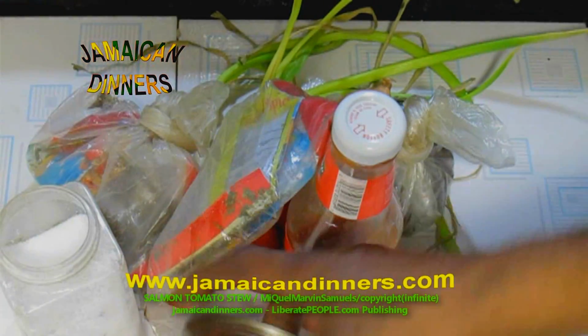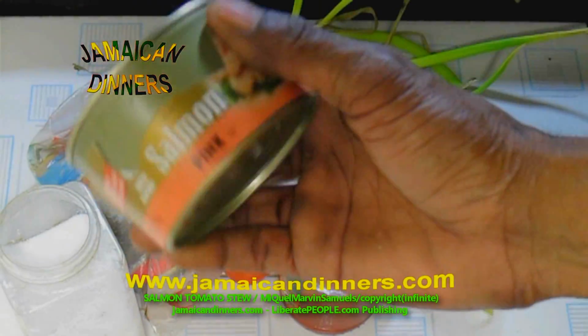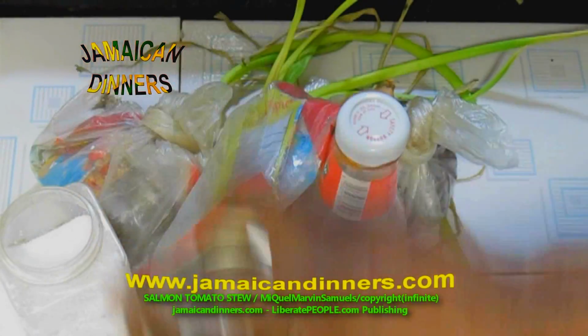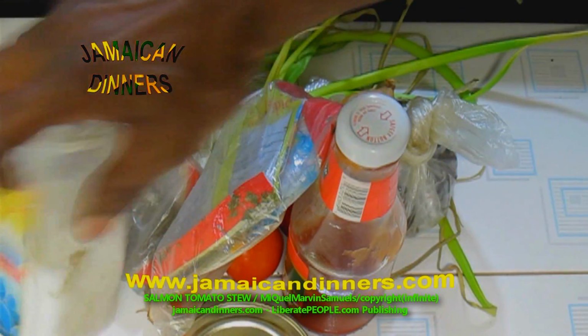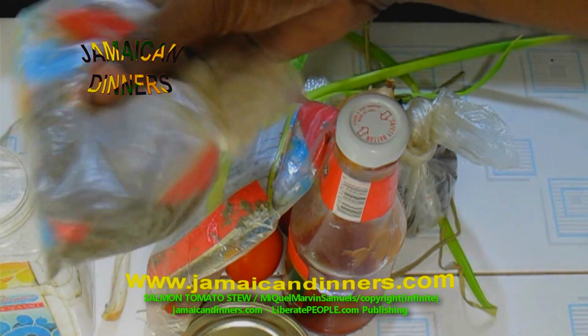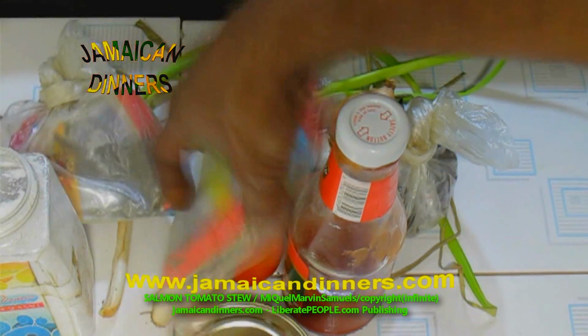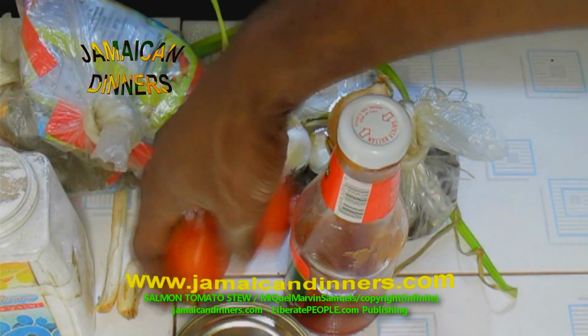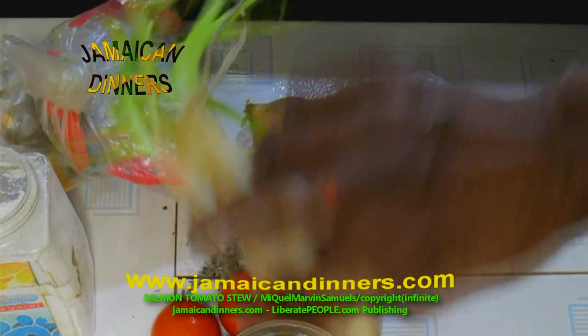Hello, my name is Miguel, and today I'm gonna make for you salmon. Sometimes my body calls for some salmon, so this is the canned salmon. So you're gonna need a can of salmon, about a teaspoon of sea salt, a tablespoon of dried basil, a tablespoon of dried parsley, two small tomatoes, two stalks of scallion,